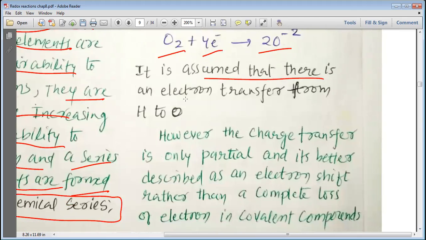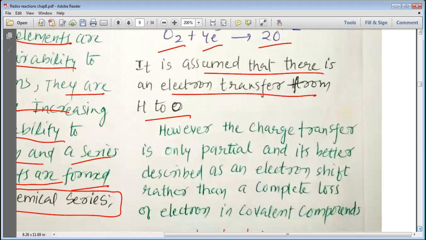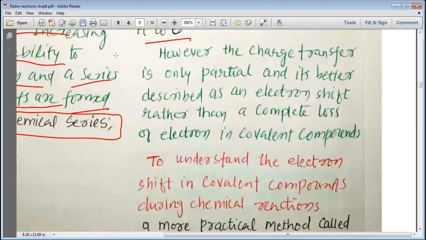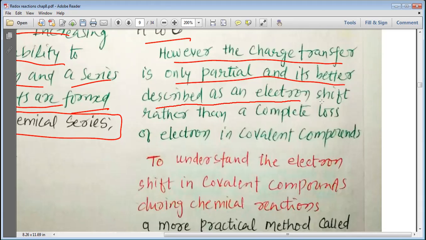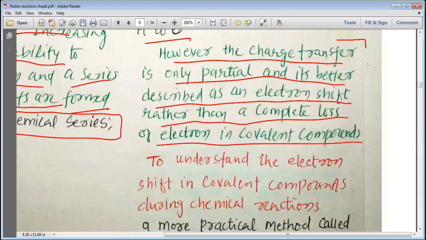It is assumed that there is an electron transfer from hydrogen to oxygen. It is believed that the electrons flow from hydrogen to oxygen. However, the charge transfer is only partial, and it is better described as an electron shift rather than a complete loss of electrons in a covalent compound. Now, this is an interesting as well as important point. Generally, what do we believe? If there is an ionic compound,